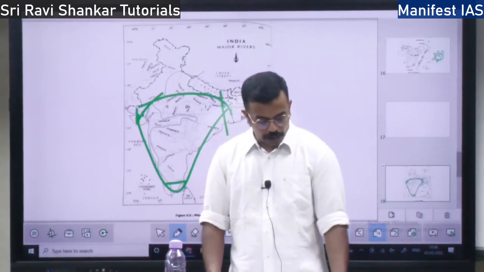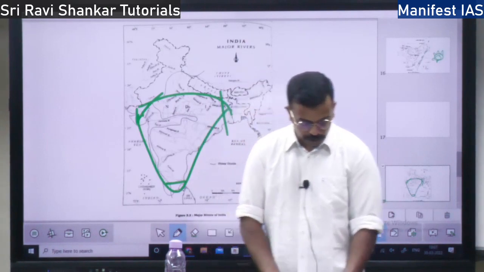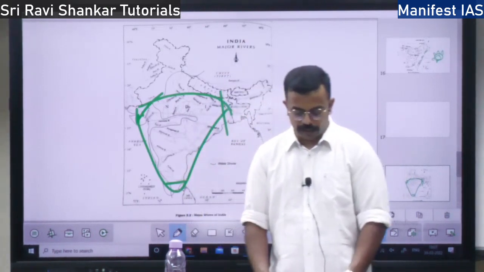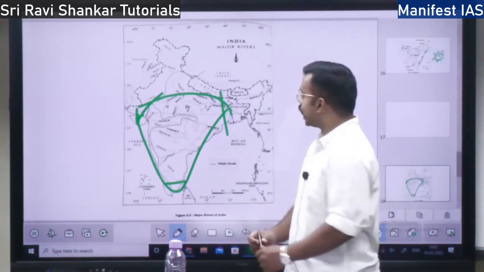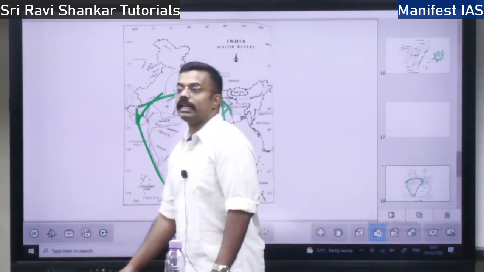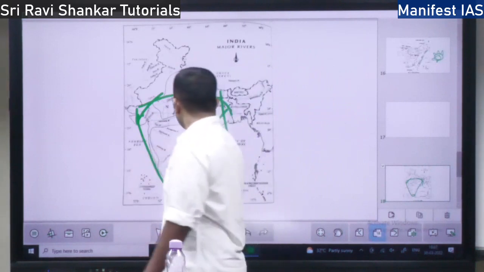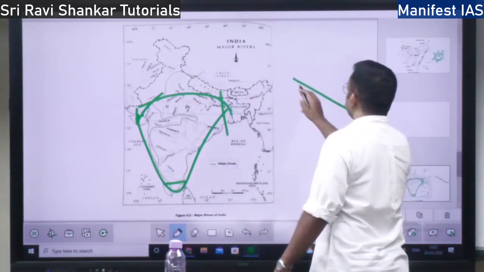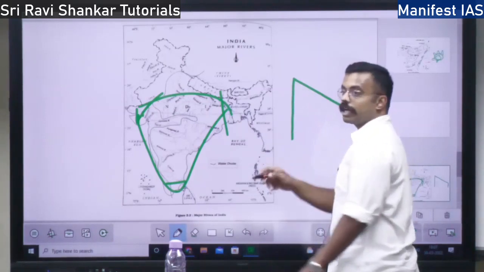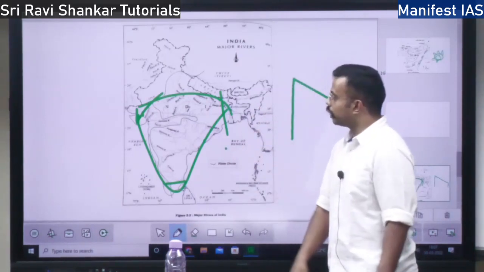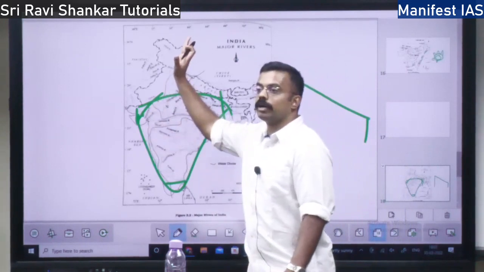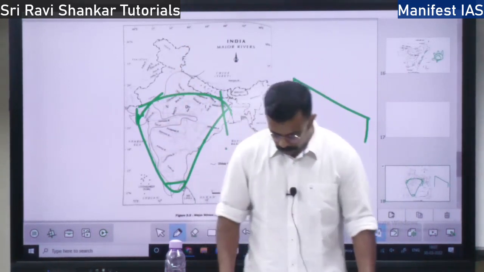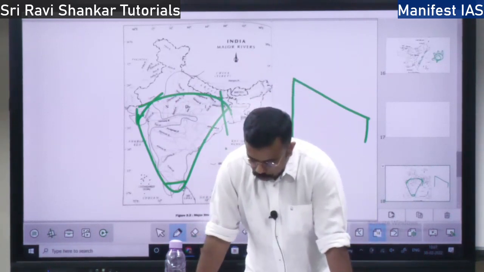So this is the oldest and most stable region. This plateau is the oldest and the most stable, and its elevation is from west to east. Means what? If you take this plateau like this, its elevation is like this, west to east. That is why all the rivers flow into the Bay of Bengal. This region is high because of the Western Ghats. Here it is low. Clear? So elevation is from west to east. It slopes towards the